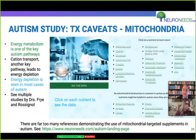Okay, most of the rest of this is going to be on mitochondria because that's really the easiest of the treatable pathways, and the vast majority of people with autism have mitochondrial problems. There are multiple papers by Dr. Frye and Rossignol that show that. I'm not going to show the data here, though if you go to the website and click see the data, you can actually see it. This is on the neuroneeds.com website under the condition